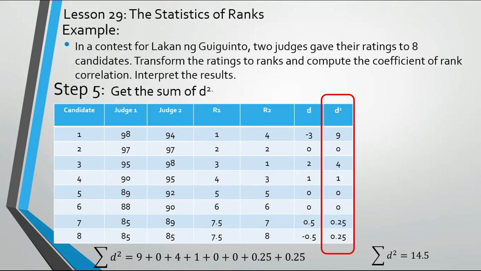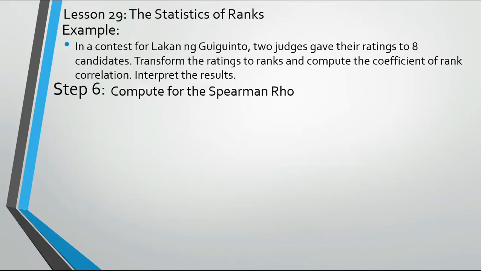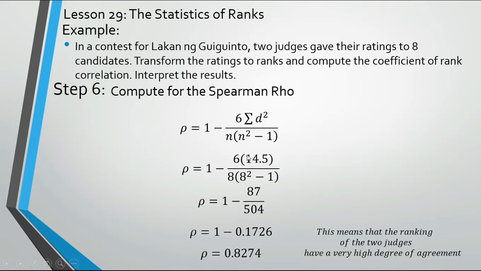Once na makuha ko na yung sum ng D squared ko, I can now solve for the Spearman rho using the formula 1 minus 6 times the summation of D squared divided by n multiplied by quantity n squared minus 1. So, meron na akong summation of D squared na na-compute. Ano yon? That is 14.5. Yung n ko is what? 8. Dahil 8 yun. By computing, we get 1 minus 87 over